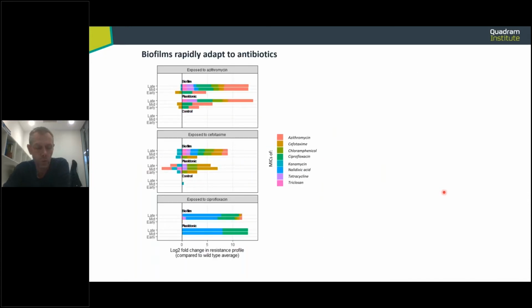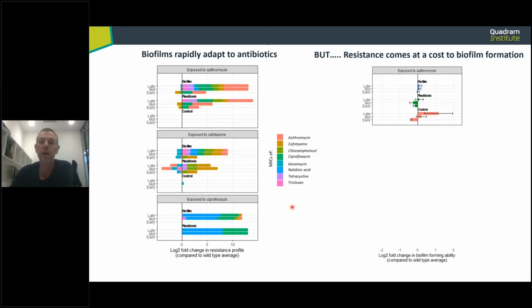But one of the things that we're interested in is what's the consequence of this? So if you become resistant to something, fine, but does it have other problems for you? Does it affect other phenotypes? So this is over here just exactly the same data I've just shown. You can see that the MICs, this is resistance to antibiotics, change. But we wanted to look to see what else happens to the cell.